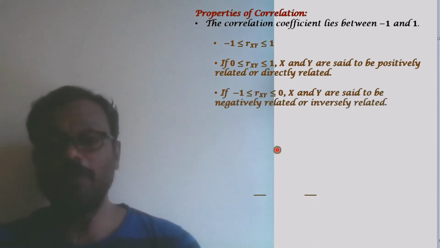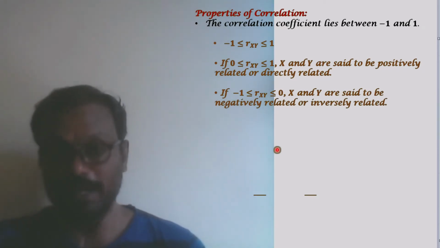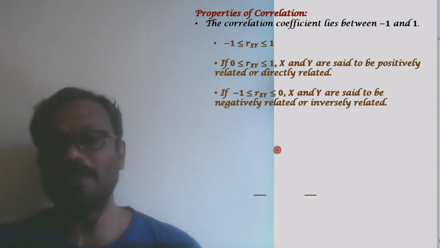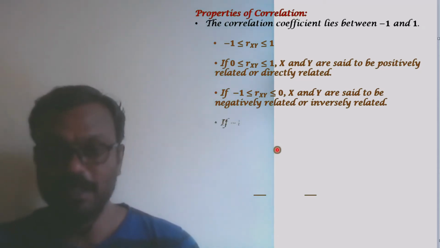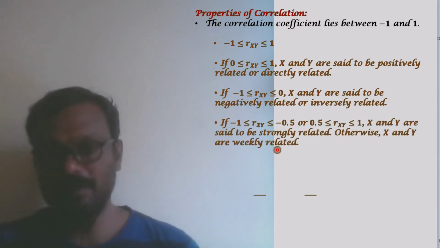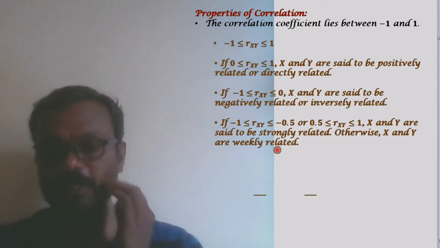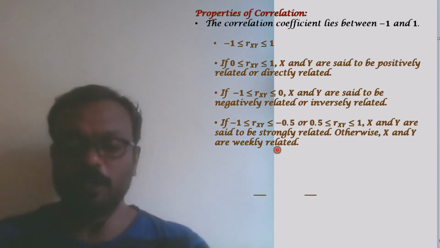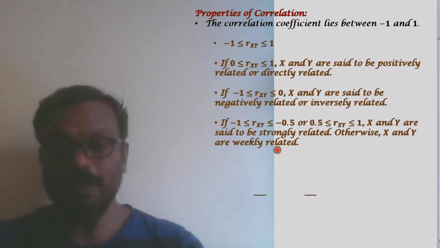Whereas if the correlation coefficient is negative, that is if it lies between -1 and 0, then they are inversely related. As one variable increases, the other variable will decrease. Now how well they are related, we can decide based on the specific value of Rxy. There we discussed the general positive and negative case. Now if the correlation coefficient lies between -1 and -0.5 or 0.5 and 1, then we say the variables are